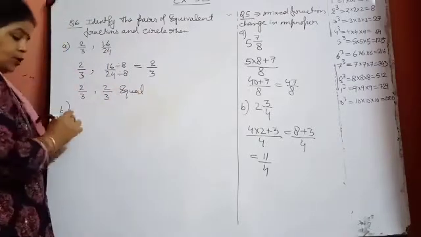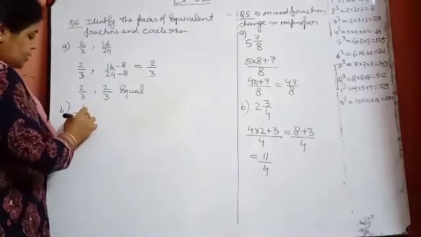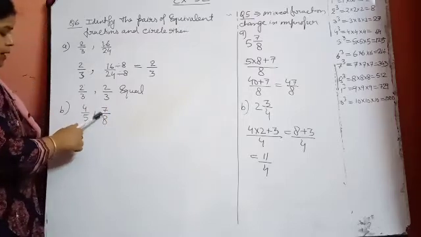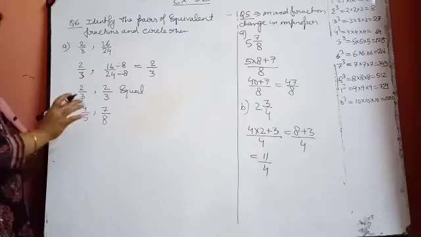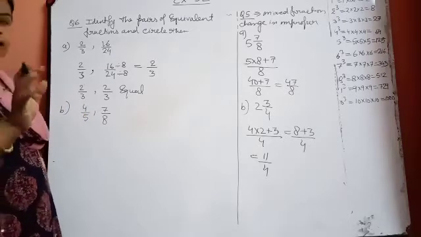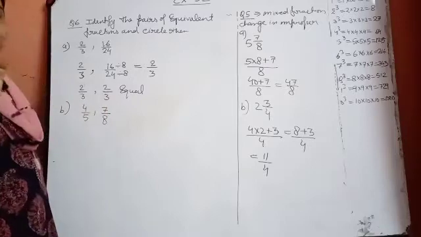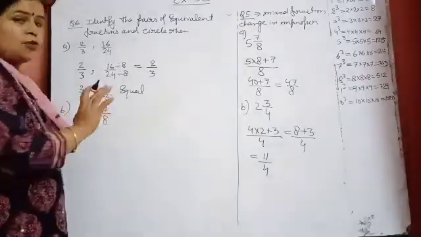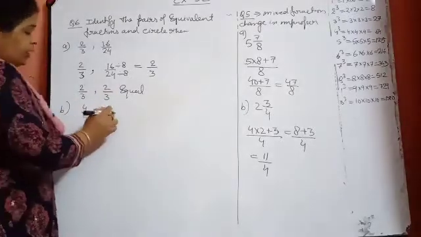One more part I am doing of this question. See that 4 upon 5 and 7 upon 8. You can see that 7 and 8 both are not coming in any table together, and 4 and 5 also are not coming in any table together. Means these two fractions further we will not be able to write them in a simplest form or lowest form. So these fractions are not equal.